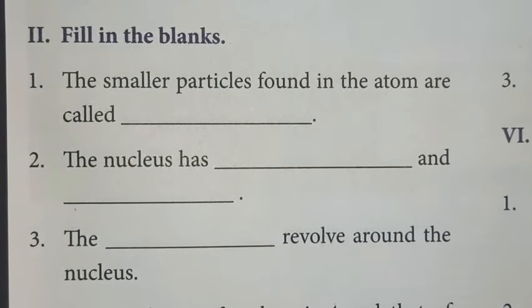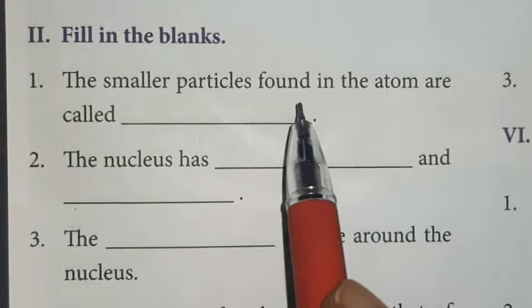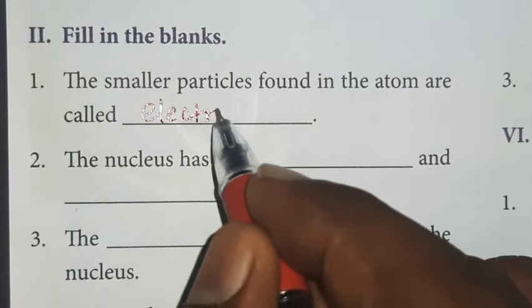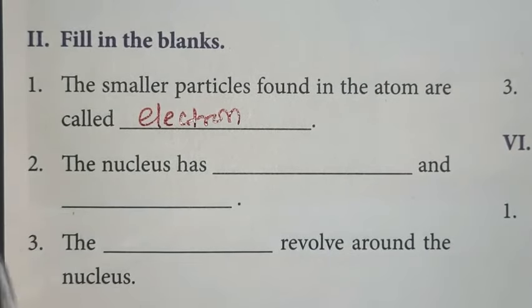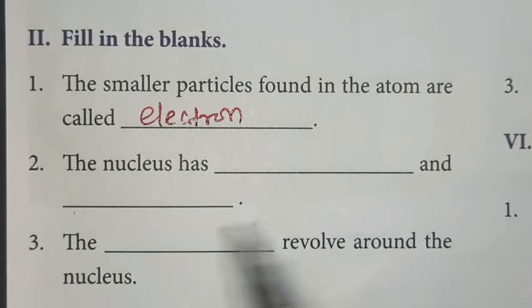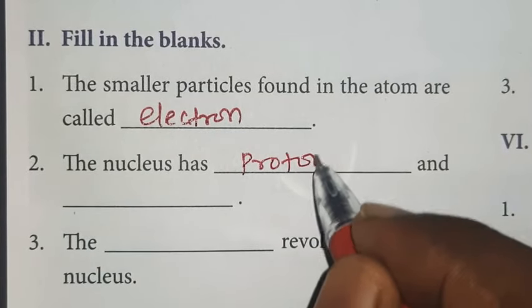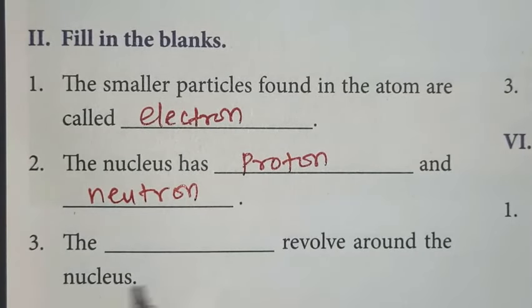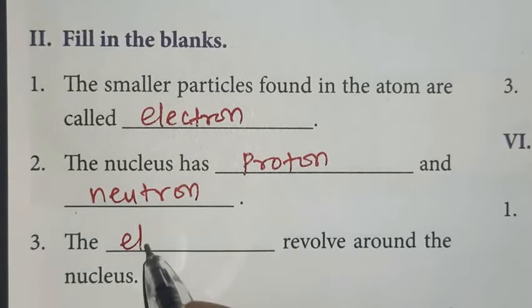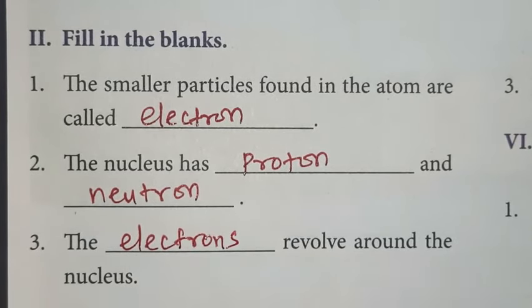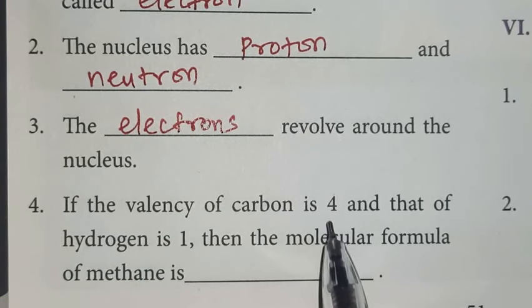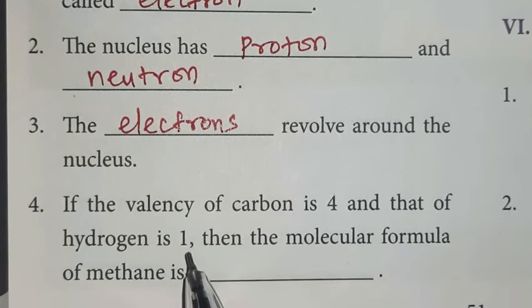First one, the smaller particles found in the atom are called electron. Second one, the nucleus has dash and dash, proton and neutron. Third one, the dash revolve around the nucleus. The electrons revolve around the nucleus. Fourth one, if the valency of carbon is 4 and that of hydrogen is 1, then the molecular formula of methane is